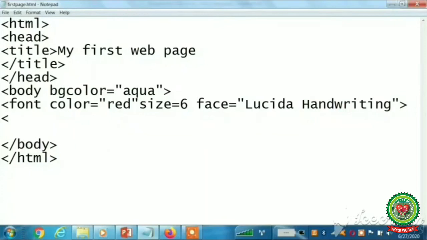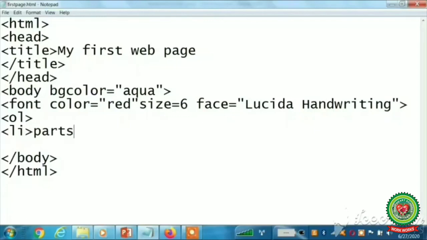Here I will write my first list, that is ordered list with OL tag. Then here I will write the list of items with li tag. Li. Here I have written the text like parts of computer.